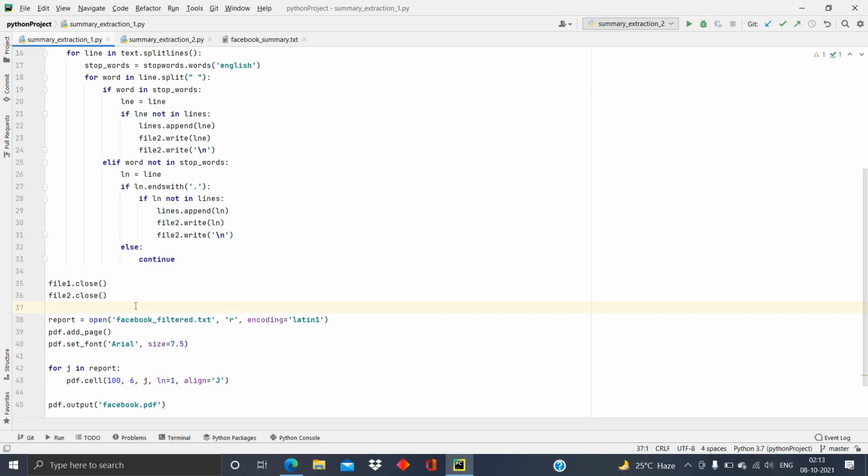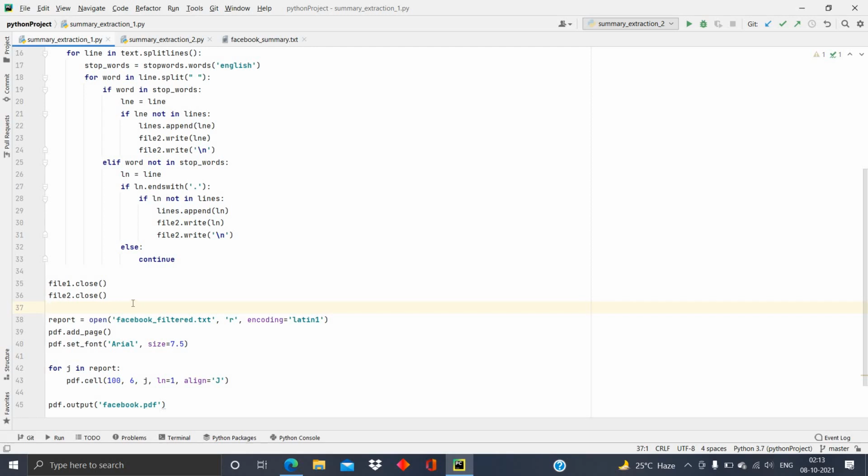For all these purposes, the PDF document is convenient and perfect. So we need to save all this filtered text into a PDF document.